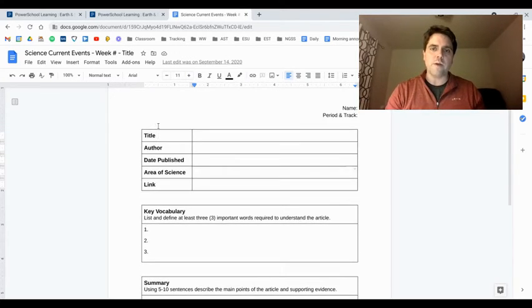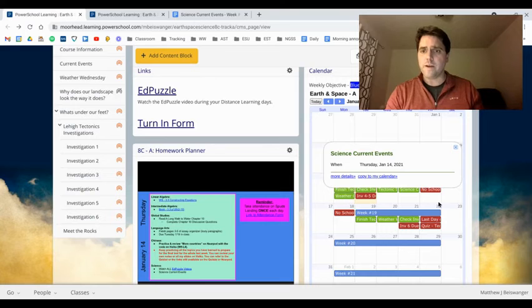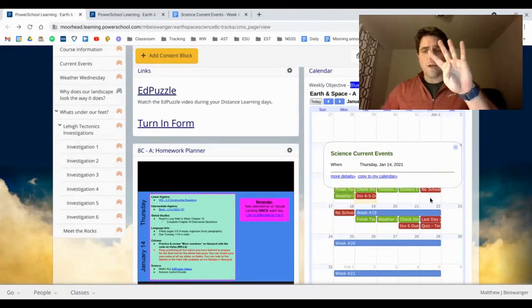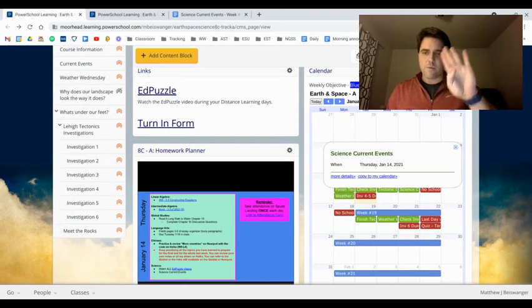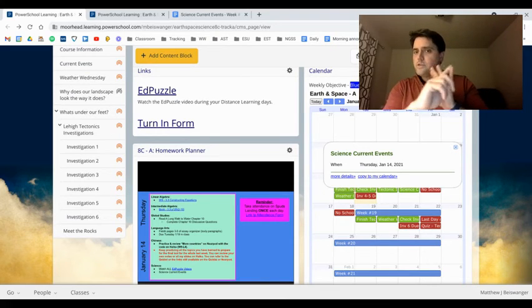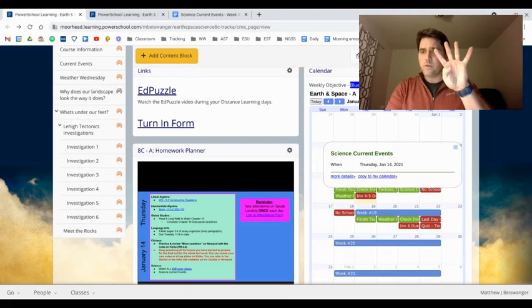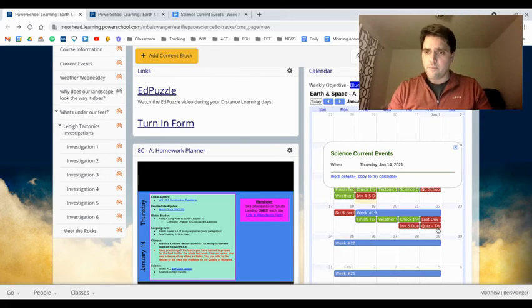As always, if you have questions about how to do this or are struggling with the process, please make sure you ask. Otherwise, final reminders. You've got 4 assignments due by the end of the quarter. Investigation 4, 5, and 6. Those should all be done at this point in time, or pretty close with investigation 6. And this is your last assignment to turn in by the end of the quarter. Those 4 things are the only 4 things you can still turn in. The other thing that will go in the last quarter grade is that quiz coming up on Friday of next week over the tectonic investigations that we've been working through in plate tectonics.